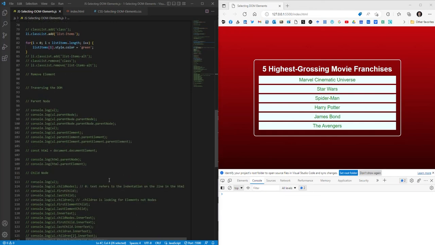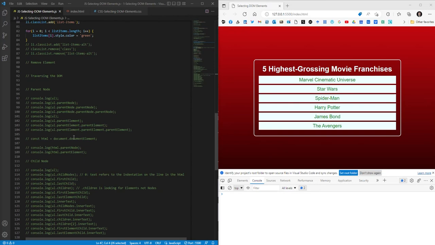And this, I just have everything already commented out because it just gets very repetitive. So there are two nomenclatures they're using. You can see node, and then sometimes you'll see element. Now, they're very similar, but there are some places where they are a little different. So let's hit this and just